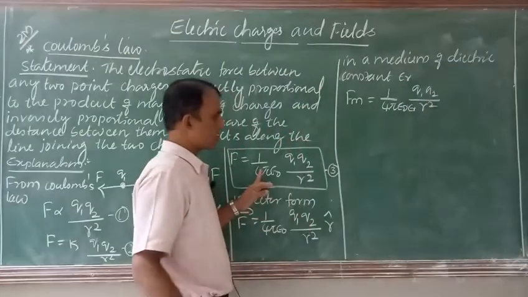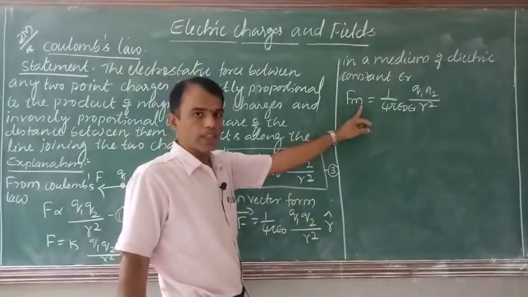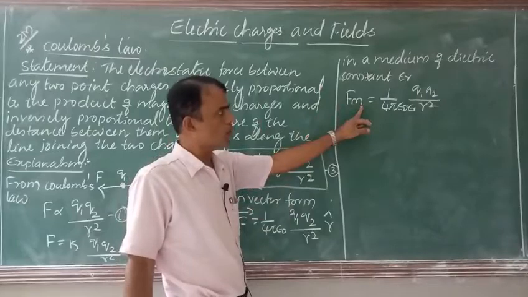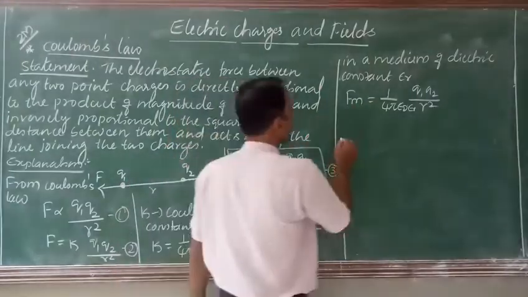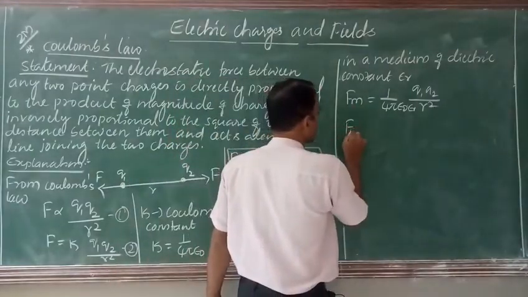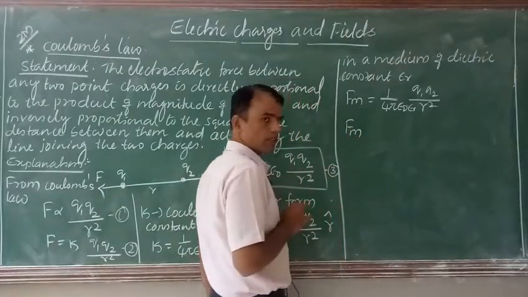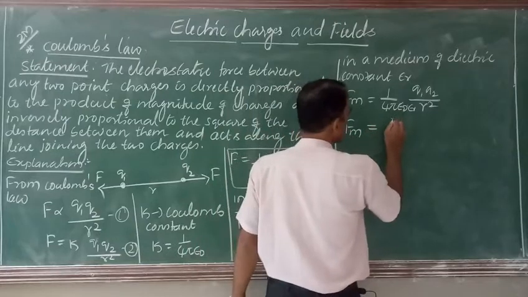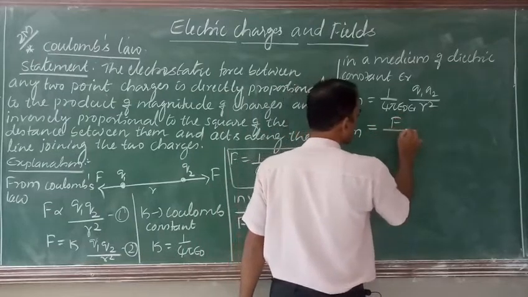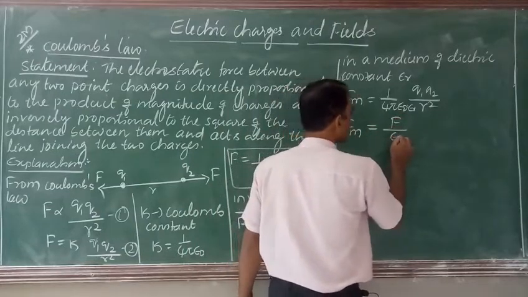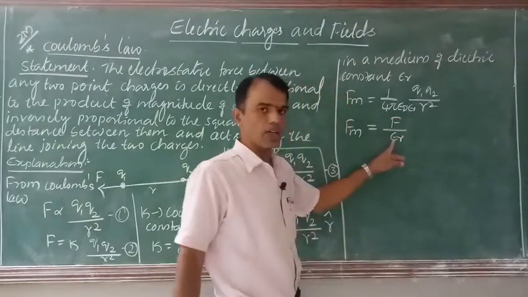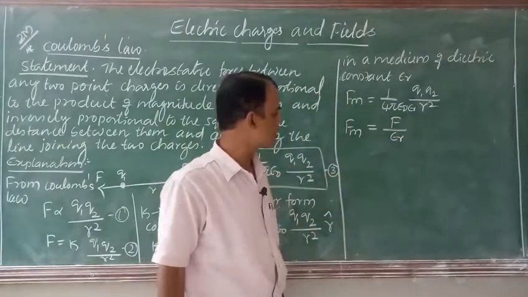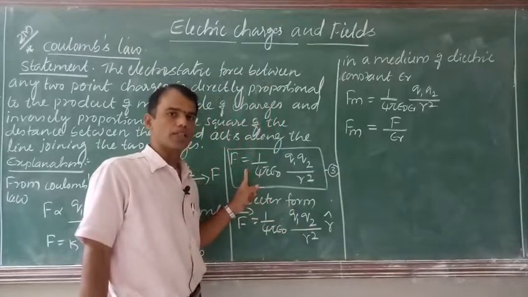If you compare this equation with Coulomb's law without the medium, one can write the force between two charges in the medium as the force between the same two charges in air or vacuum divided by the dielectric constant epsilon r,